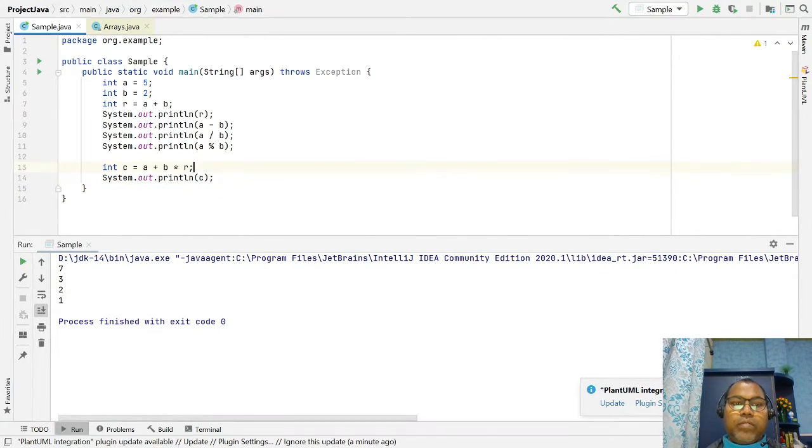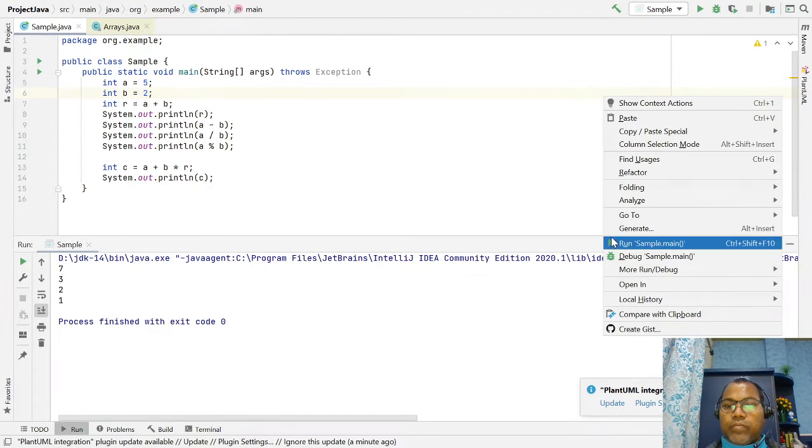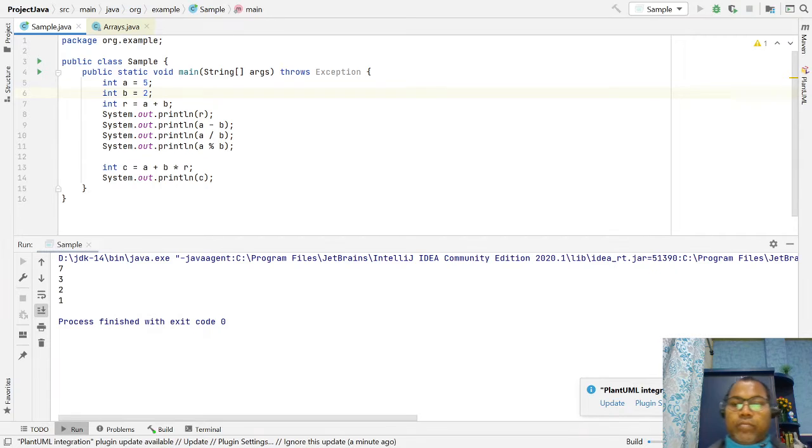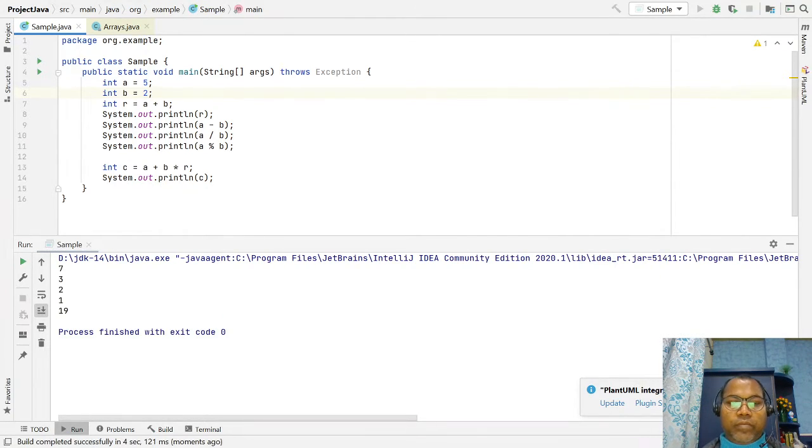If you run this, it has multiple operators, and we get 19. How do we get 19? Let's evaluate.